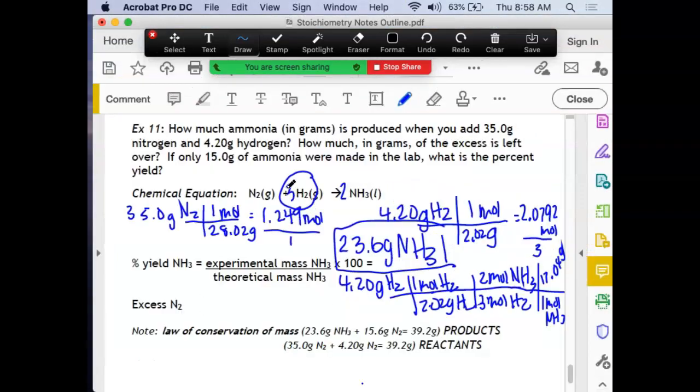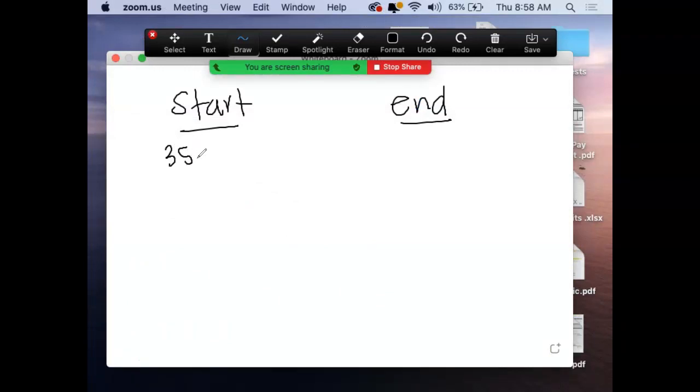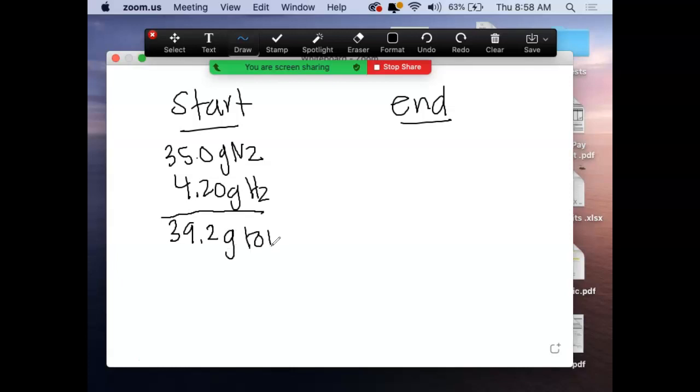So if you look back, that's 35 grams of nitrogen and 4.20 grams of hydrogen. This is before the reaction starts. So no product yet because the reaction hasn't started yet. So what does this add up to? 39.2 grams total. Okay. When the reaction's over, we have just now made 23.6 grams of ammonia,